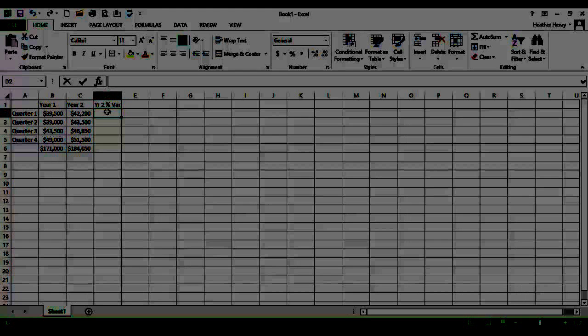In order to do so, we must type in our formula to calculate year 2 versus year 1. So we type our equal sign to create the formula. We're telling Excel it needs to calculate. We will do parentheses, select year 2, minus year 1, divided by